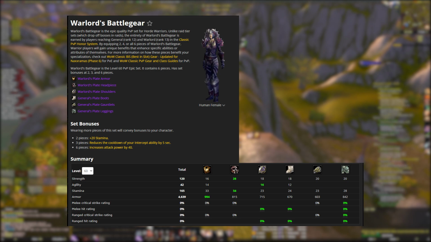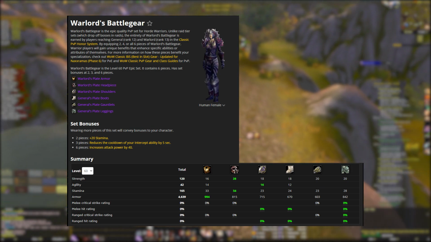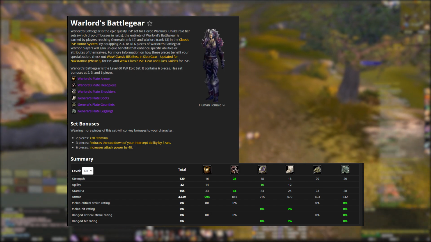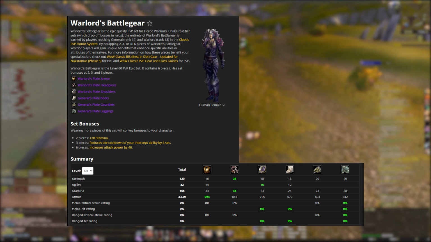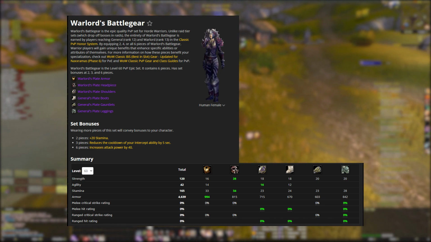Simply because I think that reduced cooldown is more likely something that you're going to have the capacity to get value out of in a dungeon as opposed to out in the open world, where mobs are probably going to be more competitively farmed, so you're going to have difficulty getting a mob per cooldown of your Intercept anyway. Other things of note here are going to be the fact that the shoulders, boots and legs